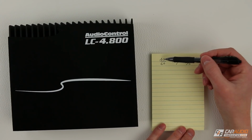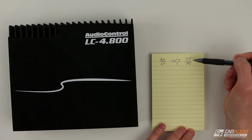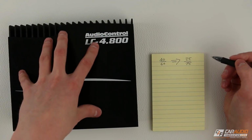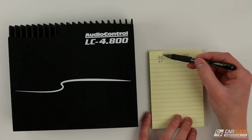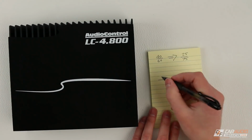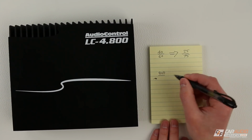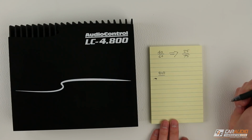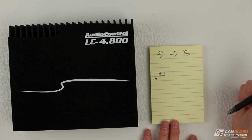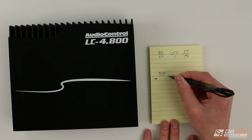You guys know that I said that we can use from a 40-60 split all the way up to a 25-75 split. So let's say we know that we want to use this 4-channel 800 total watts amplifier for our speakers. The percentage on top of each of these equations represents the speaker amplifier. So I can put 800 on the top. So in this first example, I want to find out the bottom, what that value will be for the subwoofer amplifier. We're going to be determining a range that we can use for the subwoofer amplifier. For the low end of the range, we're going to use the 40-60 split. So let's write